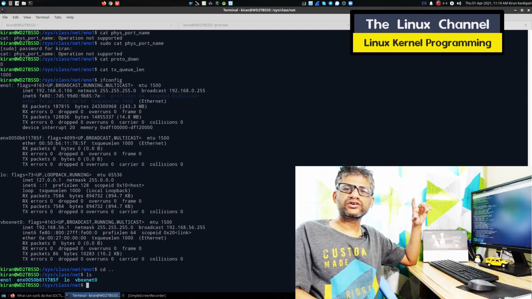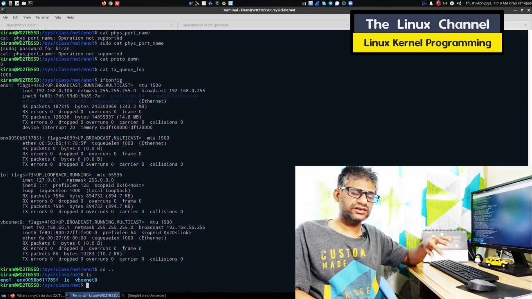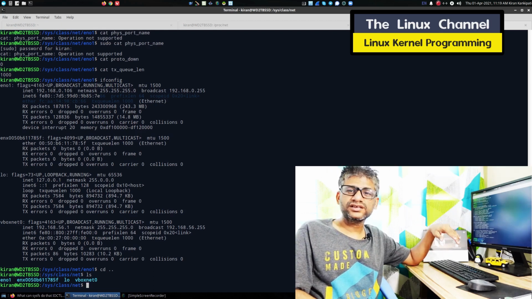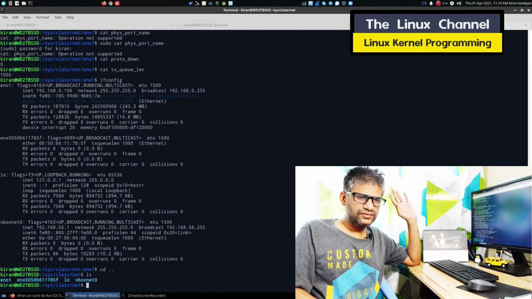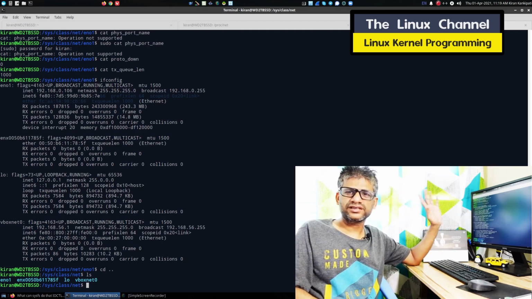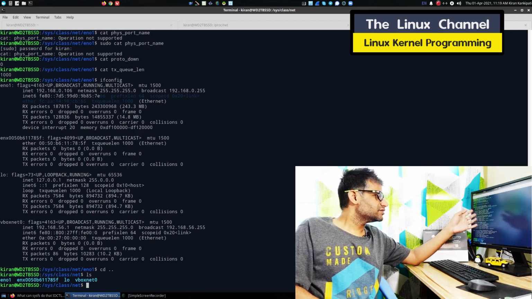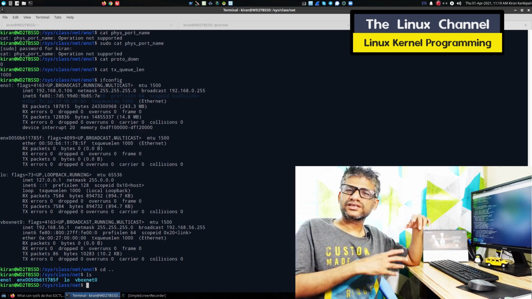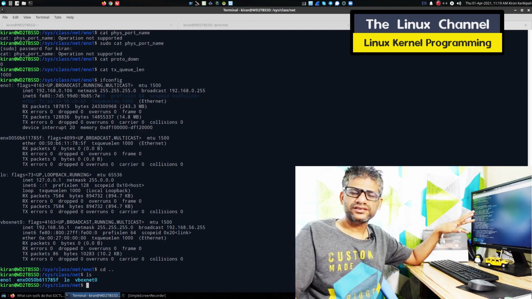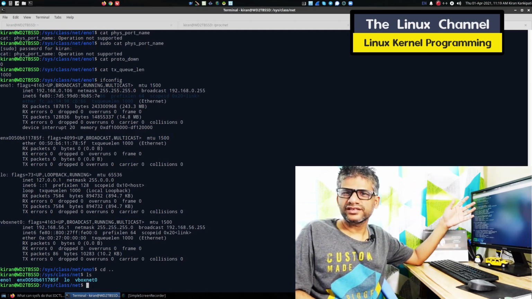So whatever corresponding IOCTLs are expected, you are supposed to support in your network drivers. Whatever proc support is there, if there are extensions, you are supposed to support them to have that compliance. And in the same way, whatever sysfs support is there, you are supposed to support those things so that it has full compliance. But why go with multiple ways, if you ask?